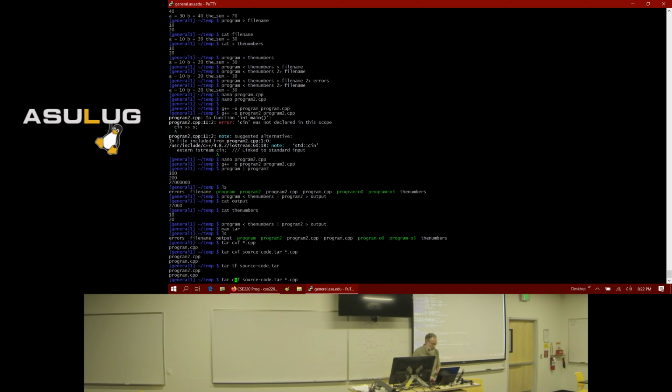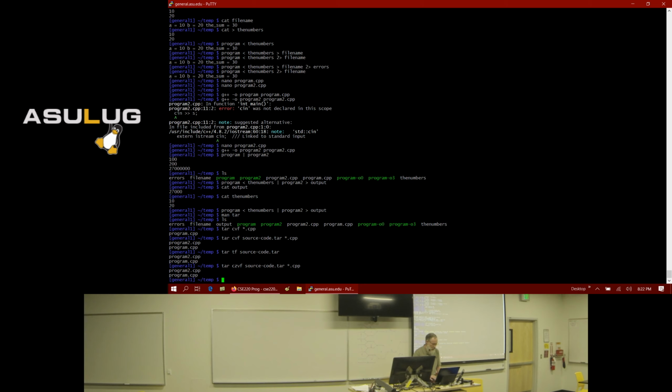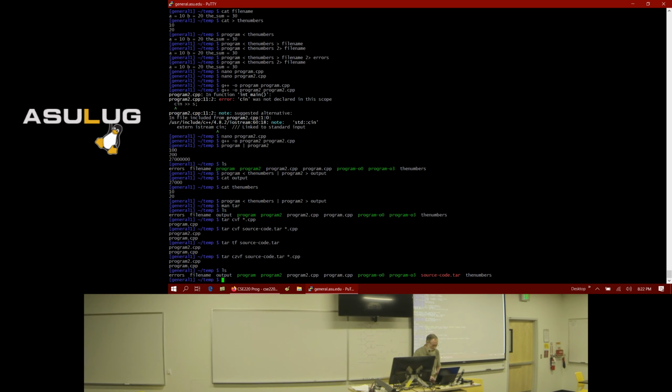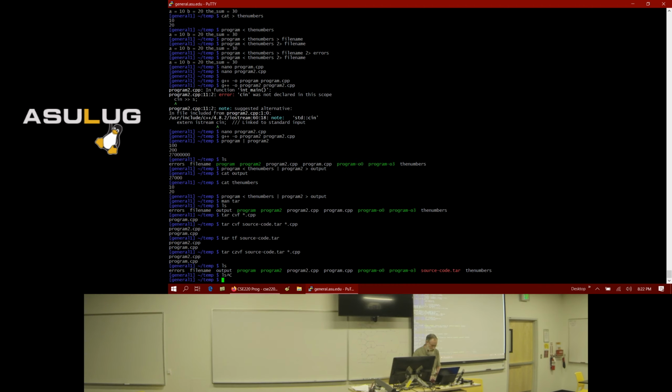So then if I do a z here, let's see what happens. Did it work? Oh, I'm sorry. It did compress it. Usually what I do is if I'm going to have a compressed file that's in zip format, I would name it .tar.zip.